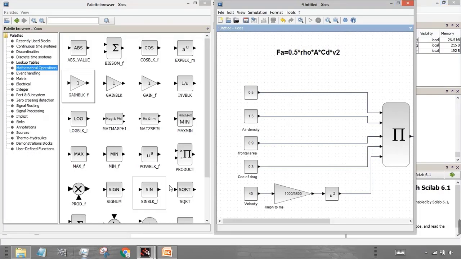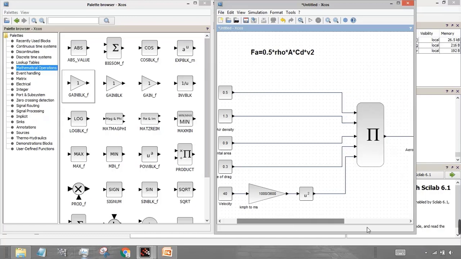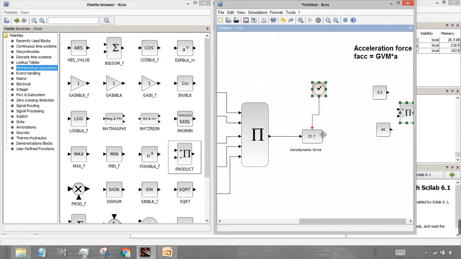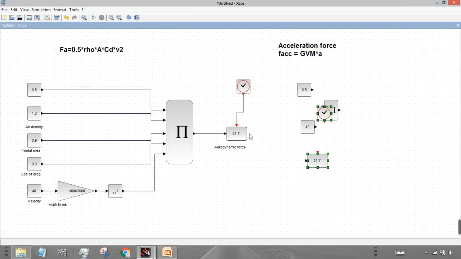Just go to mathematical operation and select the product block. Just select this and paste it out over here and create a copy of this block. Just select this block, press Ctrl key and create a copy of it. Again I'll just expand it. So just reposition it.